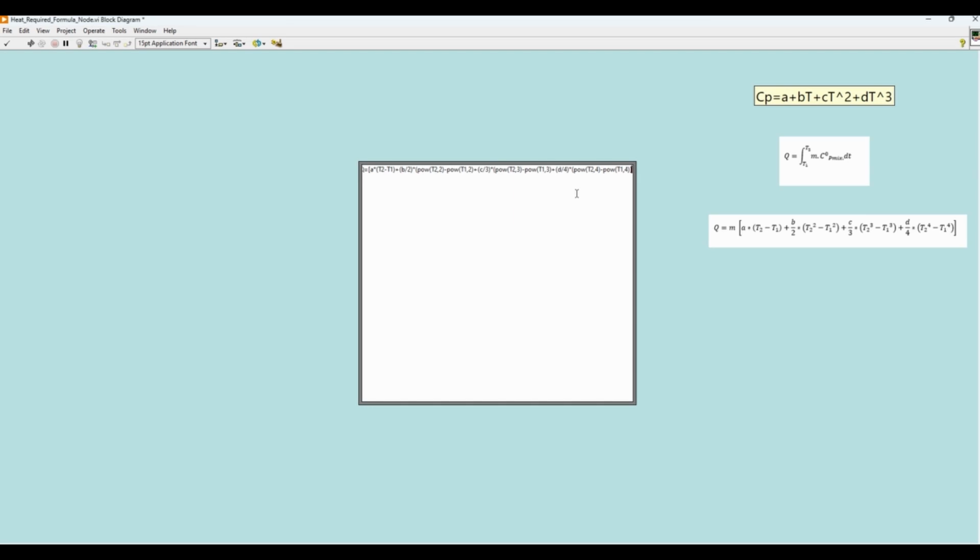Now I'll replace this by this bracket and write M multiplied.